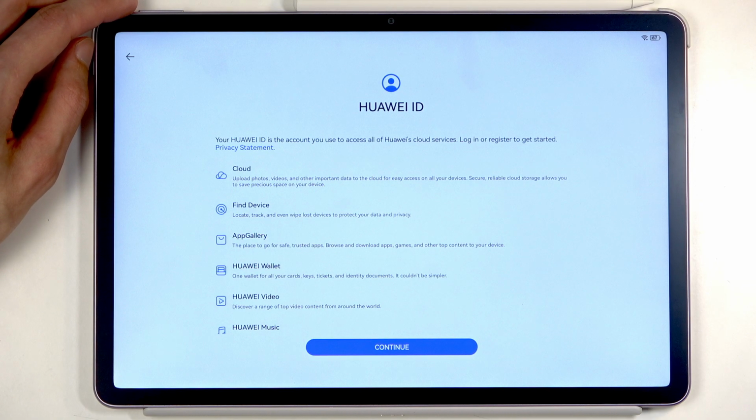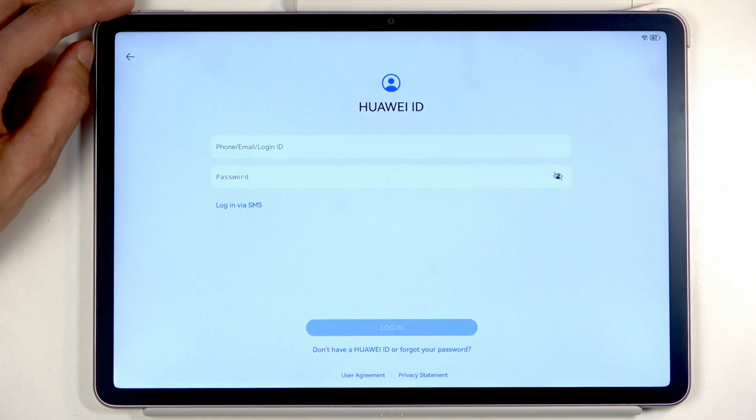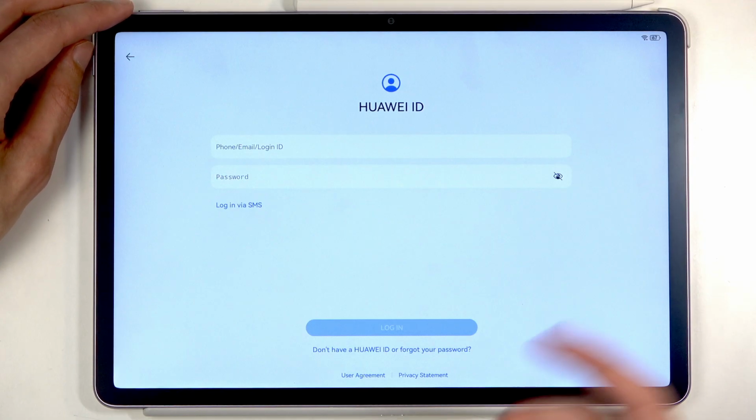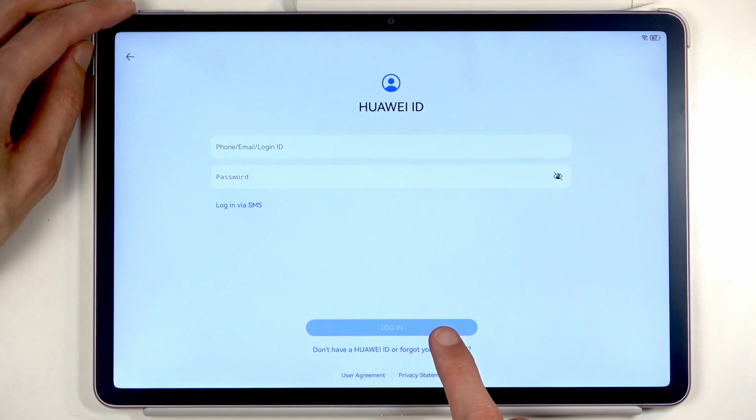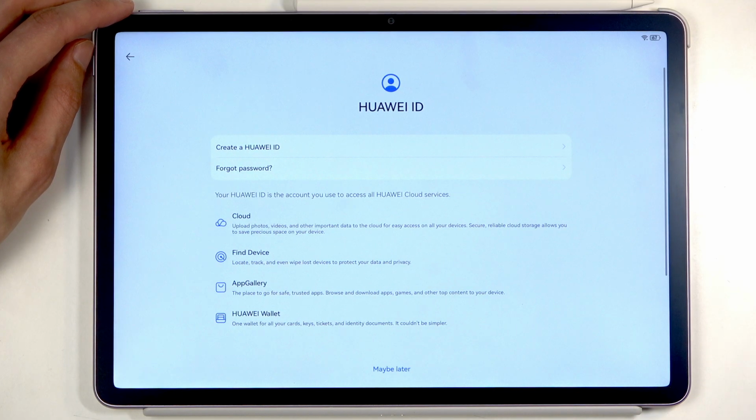You can get away with it without it, that's fine, and you can skip signing in while you go into the setup process, which is what I will be doing. But unfortunately, obviously, that is hidden, just like it is on iPhone or Apple devices. So we're gonna click right here, don't have a Huawei ID or forget your password. Mind you, there's nothing about the option to skip it until you actually click on it and have the option